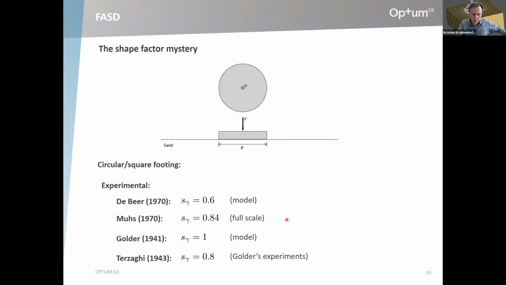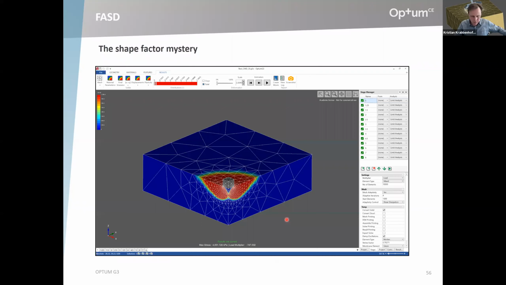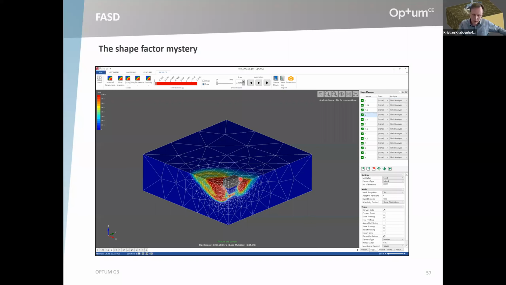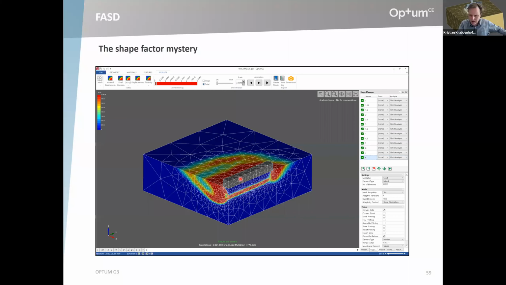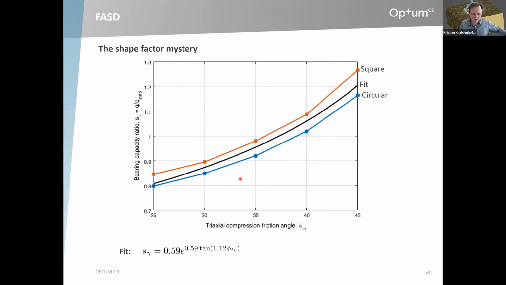With the FASD model, we could have a look at how things look. I've used the square foundation now, but for general rectangular foundations, we did that. These calculations can be done in a quite straightforward manner. Of course, the more elements you use, the longer the computational times, but eventually you get there. And if we look at then a circular and a square foundation, so this is how the shape factor looks. I don't really like calling it the shape factor, but let's say the capacity relative to the capacity of a strip